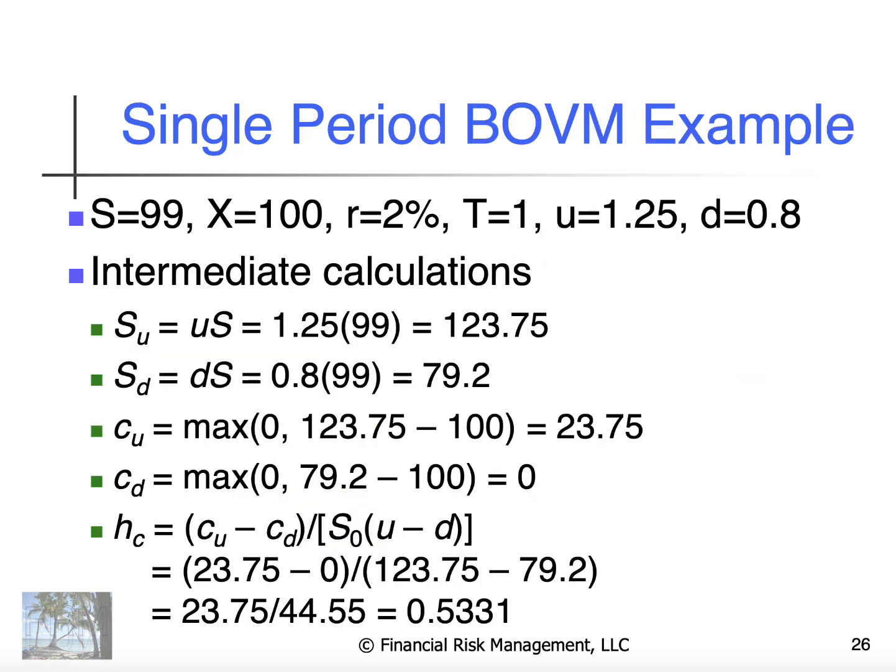So if we work out a numerical example, suppose the stock price is 99, the strike price is 100, the risk-free rate is 2%, time to maturity is 1 year, and U is 1.25 and D is 0.8. You can verify these numbers at your leisure, but based on these inputs, I can compute a variety of different outputs, including the payoff if up occurs or the payoff if down occurs, and the hedge ratio in this case is